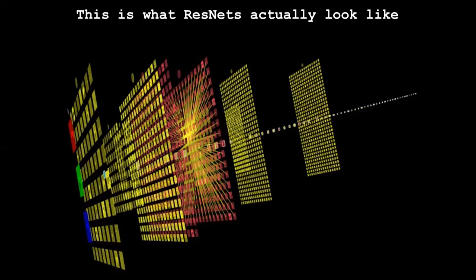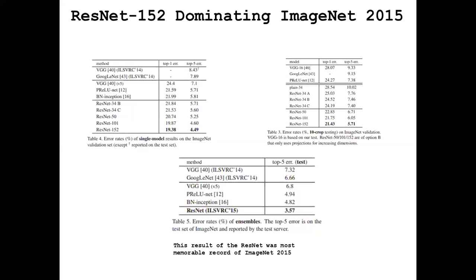Actually, this picture is not of ResNet 152, it's ResNet 50, and we imagine ResNet 152 is probably 3 times bigger than that. That's how deep it is. And it improved accuracy, and ResNet 152 actually won the 2015 ImageNet contest with an accuracy of 3.57% top 5 error. This means that when a picture was given and ResNet tried to analyze it, 3.57% of the time, the correct answer was not in the top 5 answers for the picture.